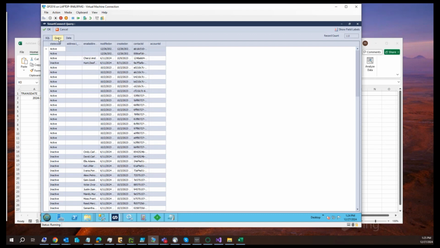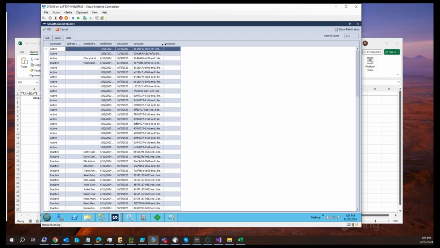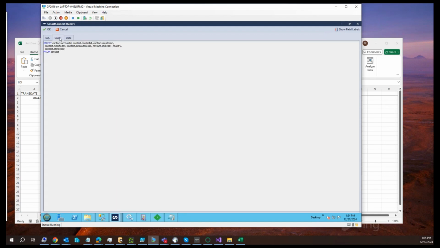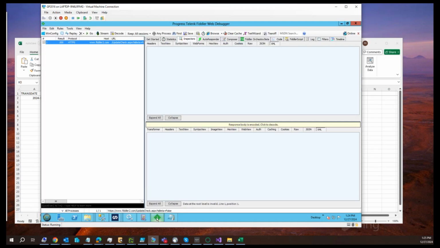So of course the question it always comes down to is: is SmartConnect not showing me the data? Why is SmartConnect not showing me the data? Is it SmartConnect or is it CRM? That's not easy to prove just looking at this, because we don't know what came back from it. But we can tell if we use a tool like Fiddler. Fiddler is going to watch the call go out, and it will show you the data coming back. So if we have Fiddler running, we turn it on,